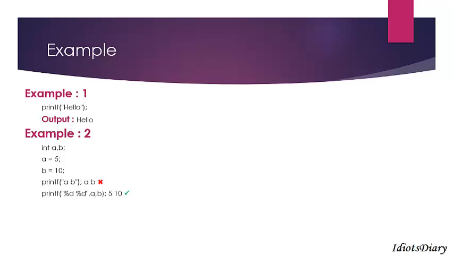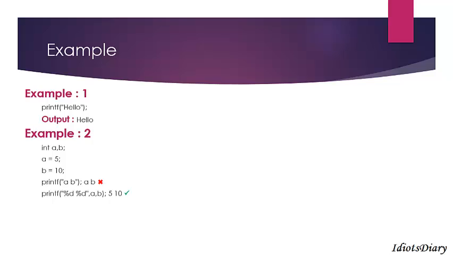To print two integers, we have to write printf("%d", a, b), which prints 5 and 10. Here, %d is called a format specifier. To understand the format specifier in a better way, we know that whenever we create a variable, memory is reserved for the variable and the value is stored in the variable.